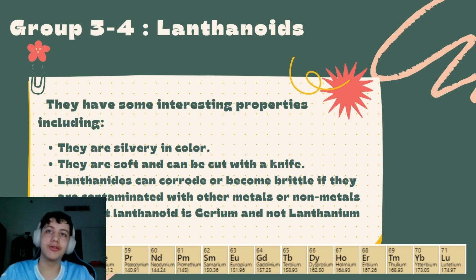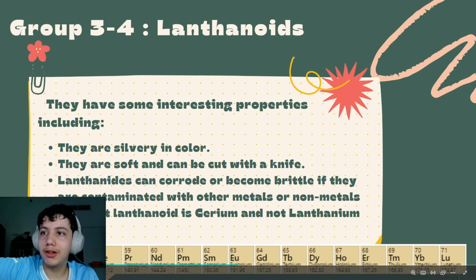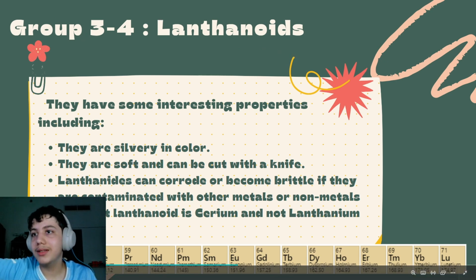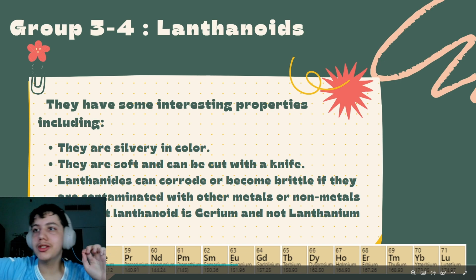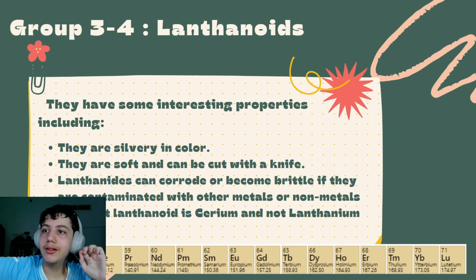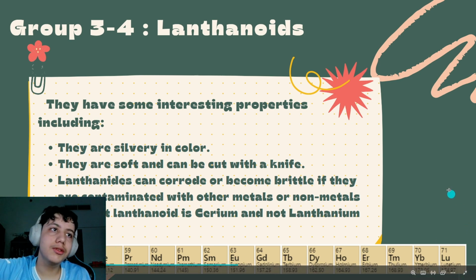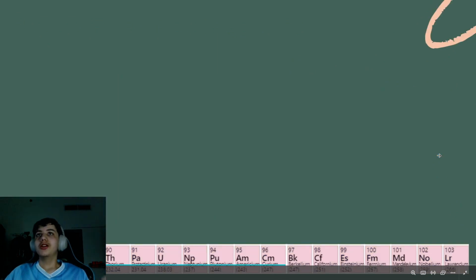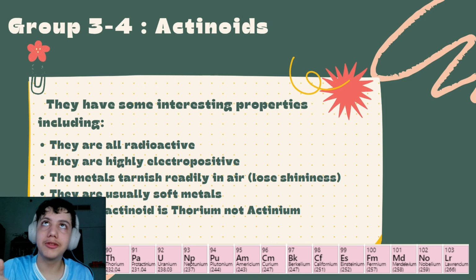The first lanthanoid is cerium and not lanthanum. So this is very interesting because you would think lanthanum, that sounds like lanthanoids, right? So it must be the first one, but it is not. In fact, it is the element right after. Cerium is the first one. But interestingly, lanthanum is still here in the periodic table along with the other ones. And so is actinium in the actinoids, which is the next